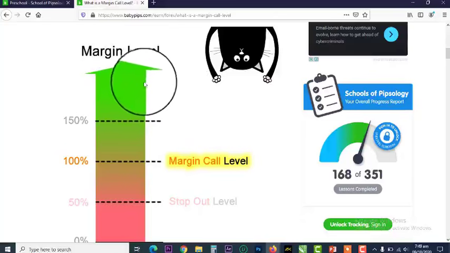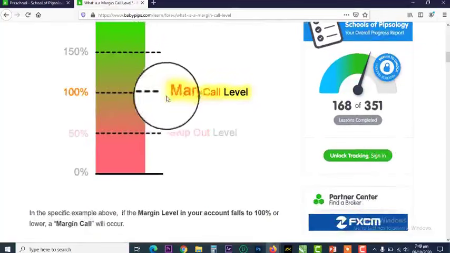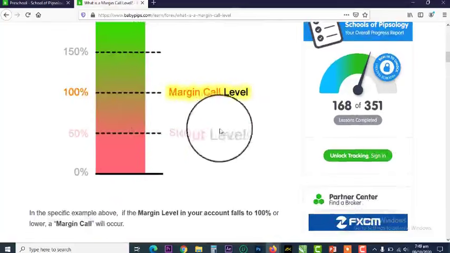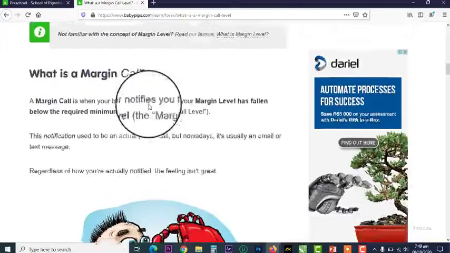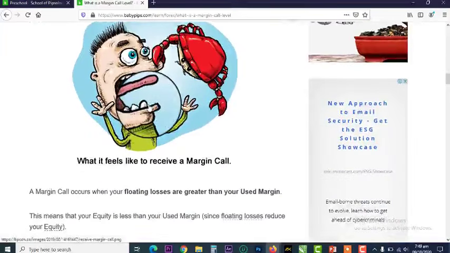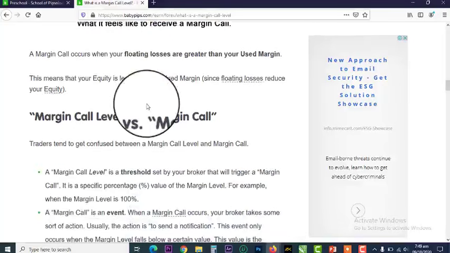So when your losses are coming down to 150%, 100%, you get a margin call, right? And if it gets to 50%, your trades are automatically closed out by your broker. Why? Because you have exhausted the required margin that you should have in your account balance to enable you to take